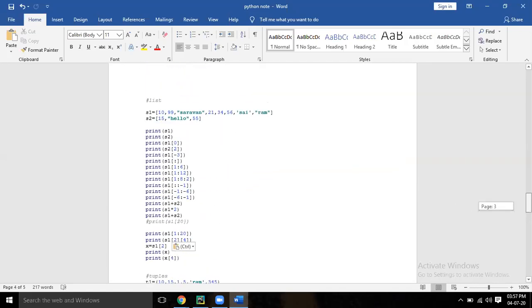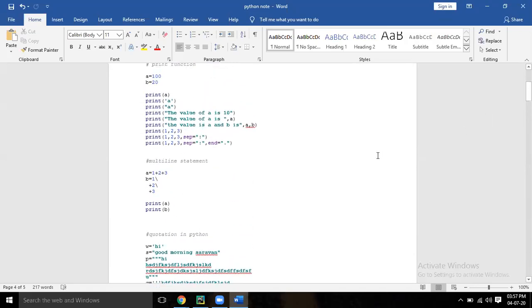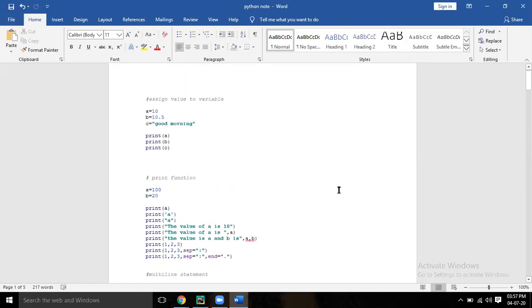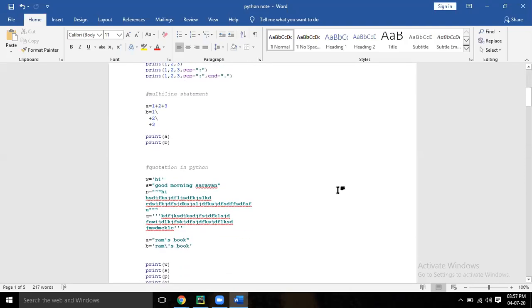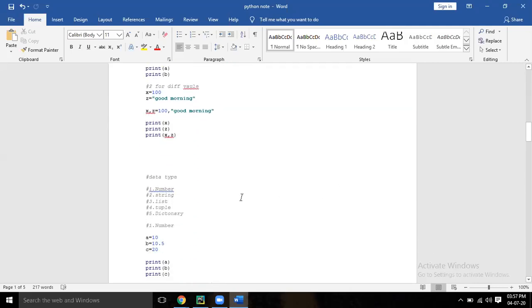Data type. Now let's say dictionary D equal to. In the data types, we can use numbers normally, right? We are not using any bracket.